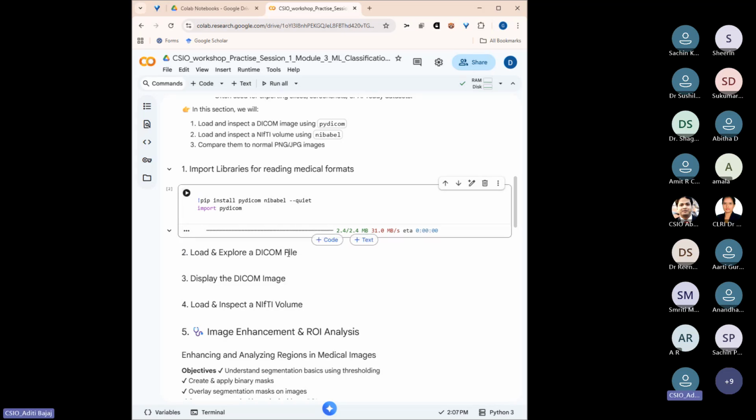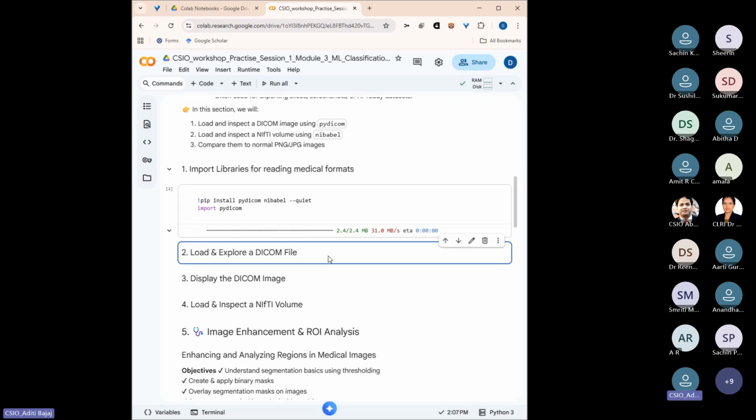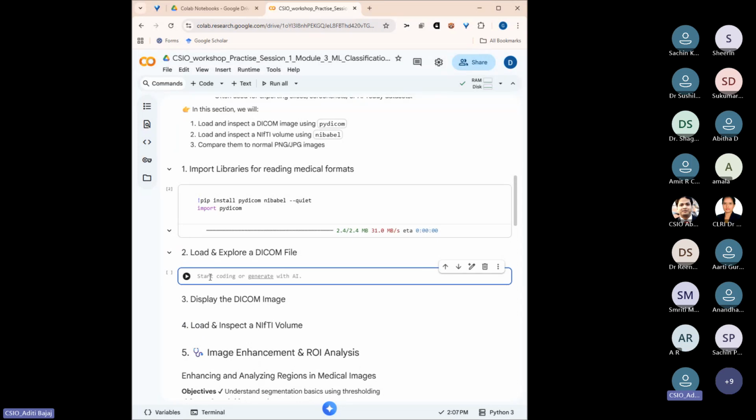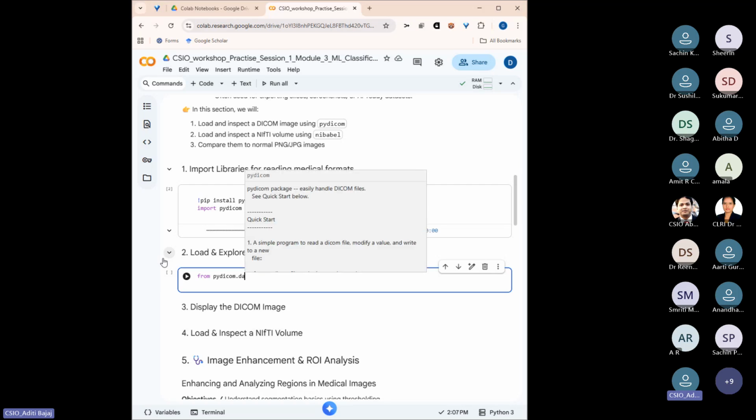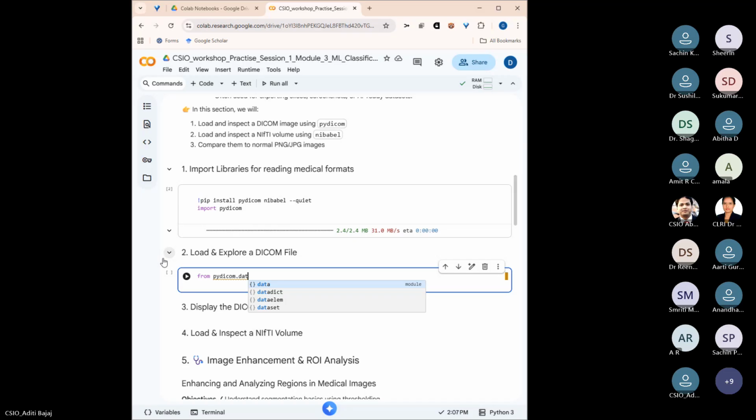Let's explore the DICOM file. For that, let's start with the DICOM path. Before that, since we don't have any files available right now, we can directly use the pydicom module and export a test example from it. So from pydicom.data import get_testdata_file. Usually when you are dealing with such images, you will have the data. Since this is an online session and I didn't want to create a hassle,